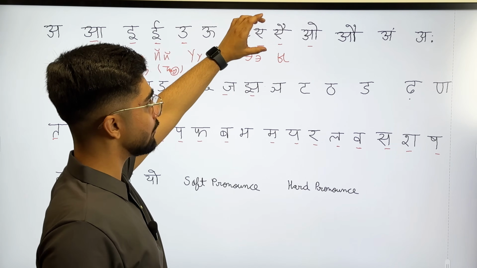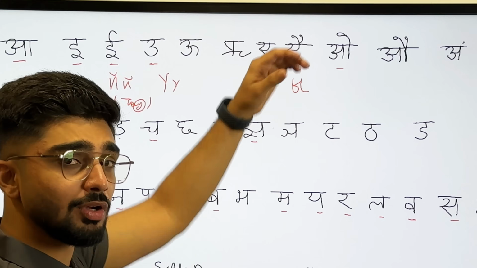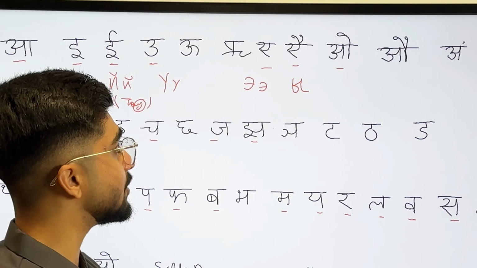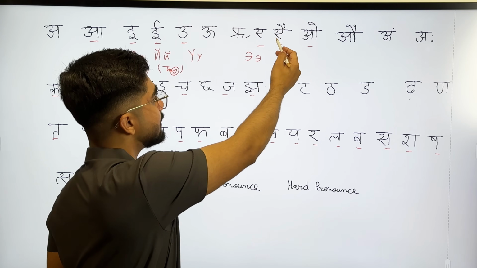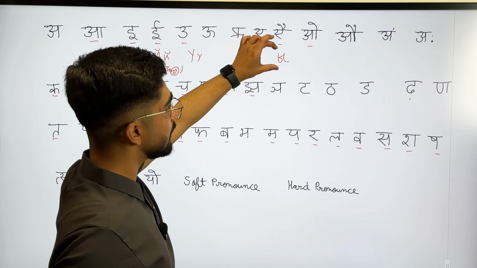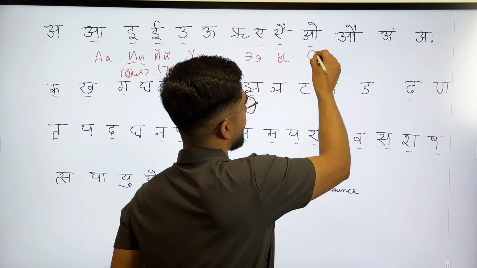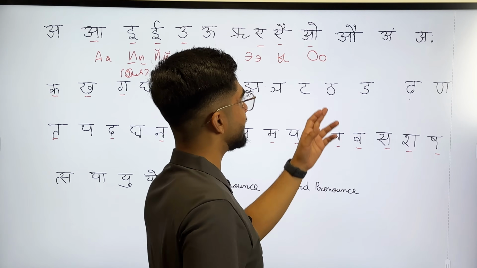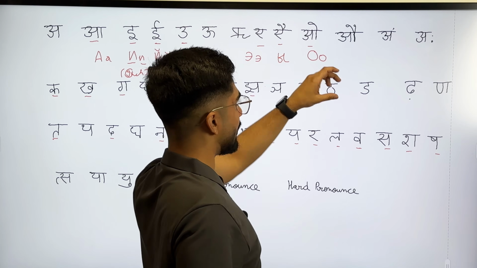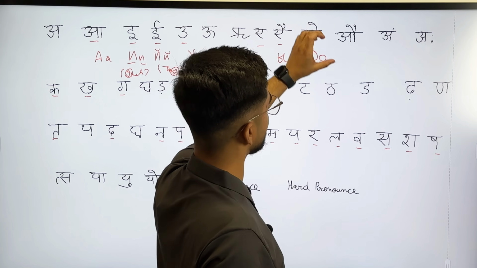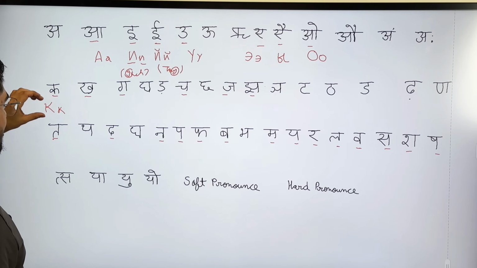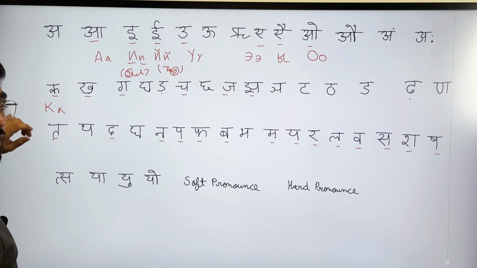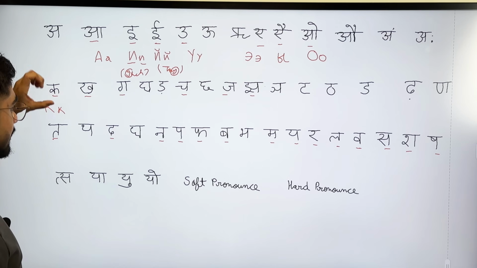You don't have to pronounce it just like Hindi language, but you have to make some changes in your pronunciation. For example, here it's not A, it's E. Next is your O. So it matches with the English letter and you have to pronounce it O. Ko. So it's just like the English letter K and you have to pronounce it Ko.